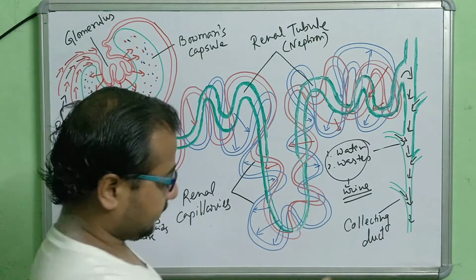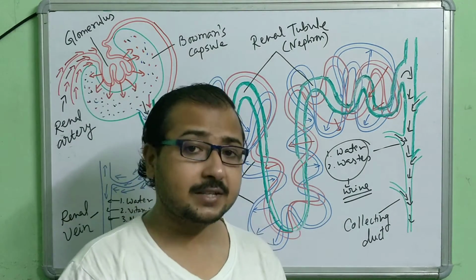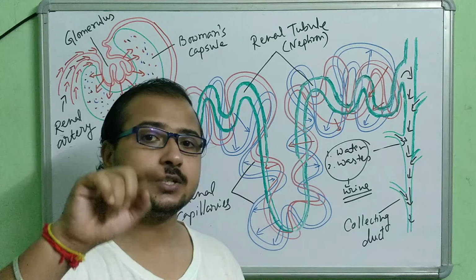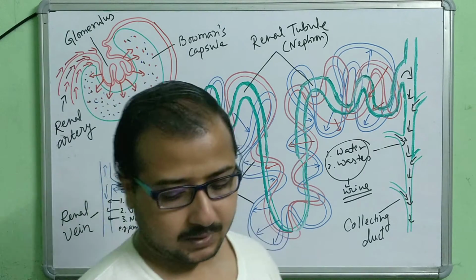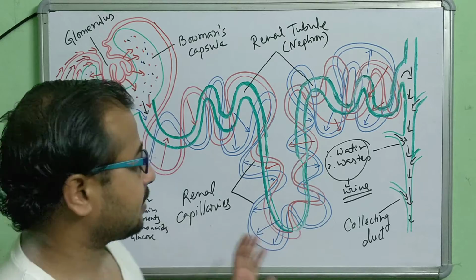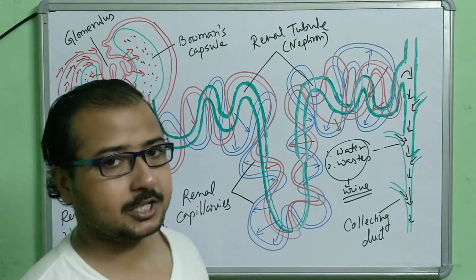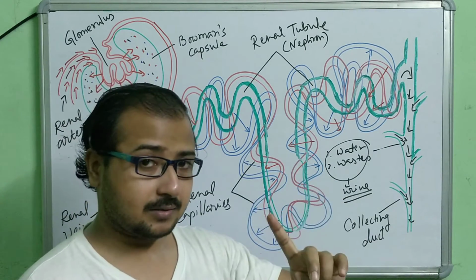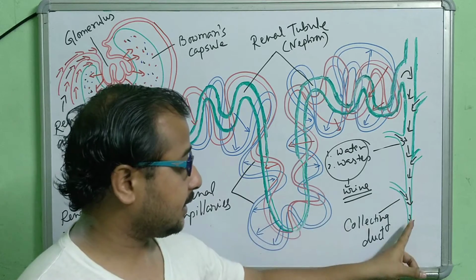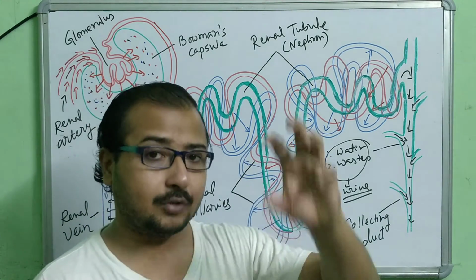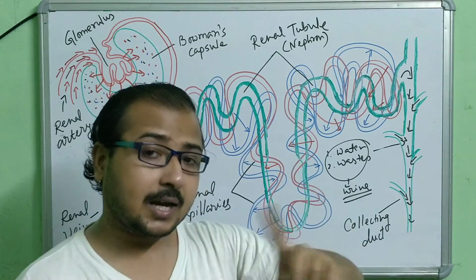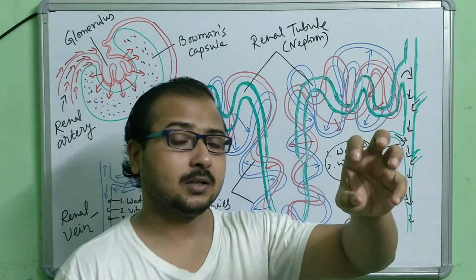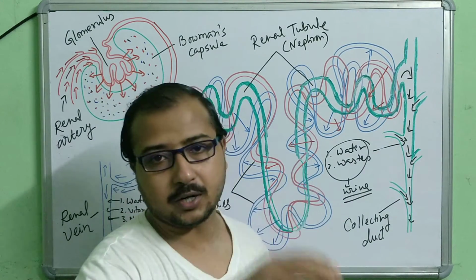Now this collecting duct is going to the pelvis region of the kidney, if you remember, and from the pelvis the urine will be going to the ureter, through which it will be going to the urinary bladder. This is the detailed process, the mechanism of how blood filtration takes place. Ultimately we are getting urine here in this collecting duct, which will be going to the pelvis. You may write this down in your copy. From the collecting duct, urine will be going to the pelvis, from the pelvis to the ureter, and then through the ureter to the bladder, where the urine is going to be stored temporarily.